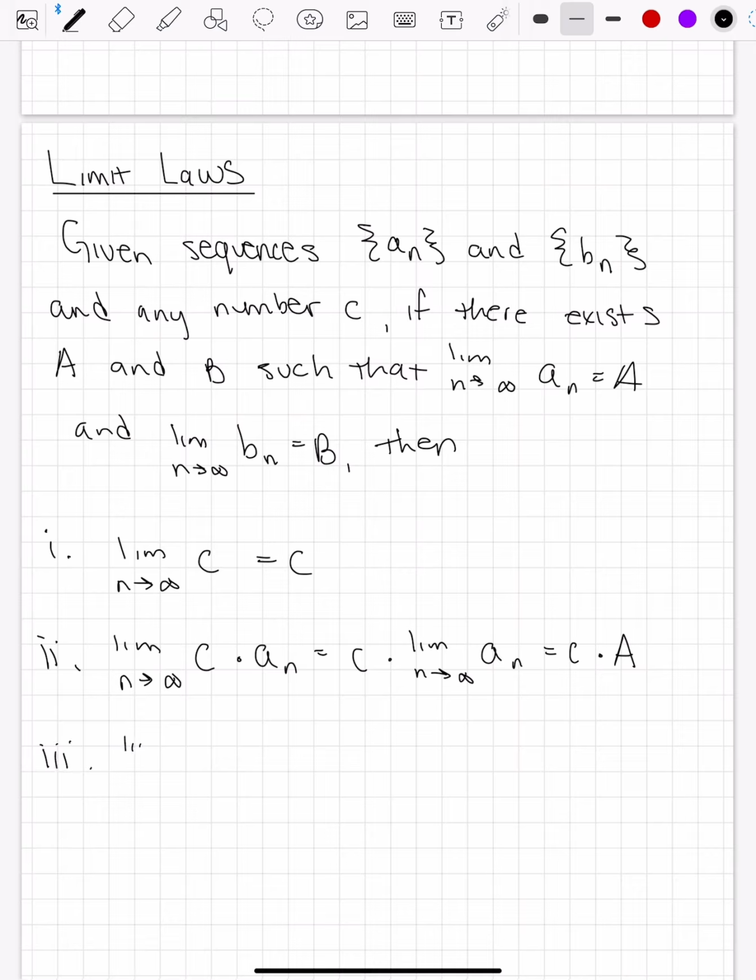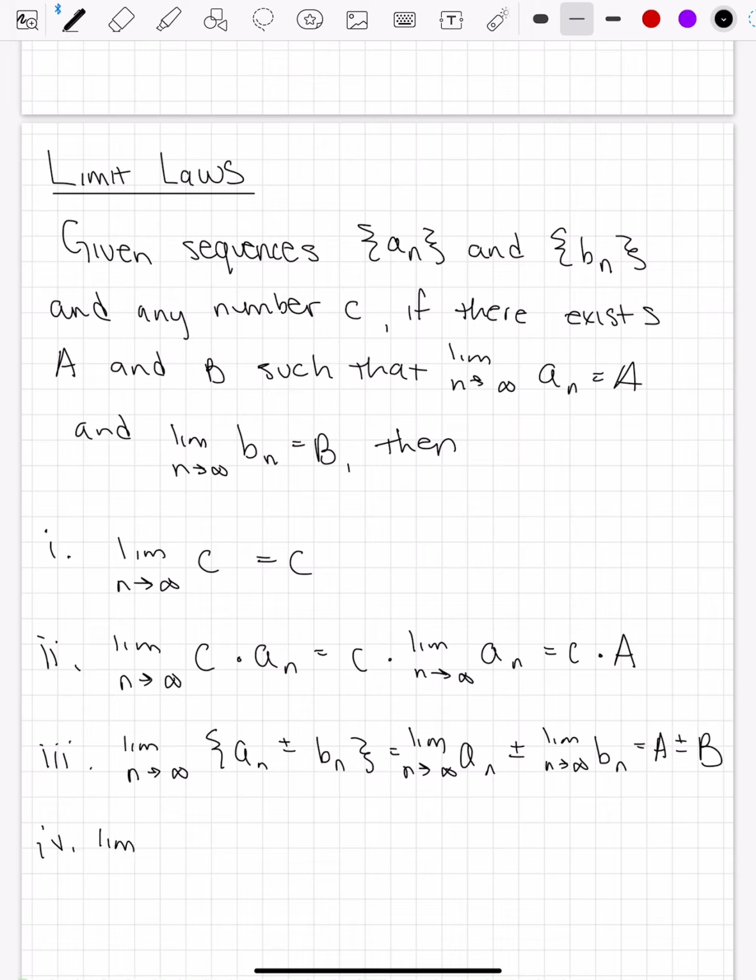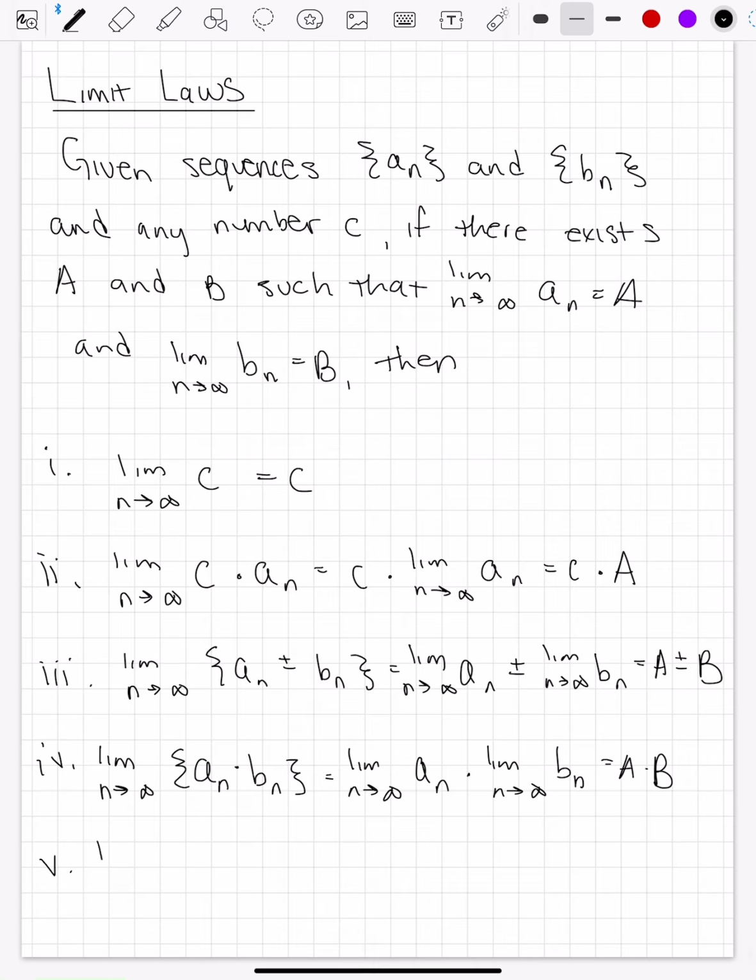and whatever the limit of an is, you just multiply C times that. And then if you have the sum or the difference of two sequences that converge, we can separate out the limit over addition or subtraction, either one, and then we just add or subtract the limit values. And then the same thing happens with multiplication. If you have the product of two sequences or the product of two functions, you can just do the limits separately, and then the answer is going to be the product of the two limits. And the same thing for when you have the ratio, or a fraction, of two sequences, or equivalently two functions,